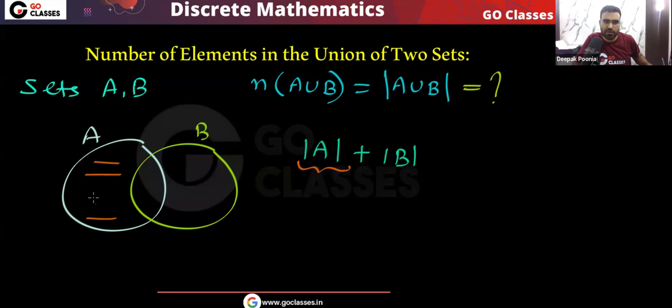let me call it area number 1. And let's assume that this area, let me call it area number 2, and this area, let me call it area number 3. So you can see that when I count the number of elements in A, then basically the elements in area number 1 and area number 3 I have counted. Yes or no? These elements in area number 1, also these elements in area number 3, I have already counted here. Now when I find the number of elements in B, you can see the elements in area number 2 and the elements in area number 3, these also we have counted.